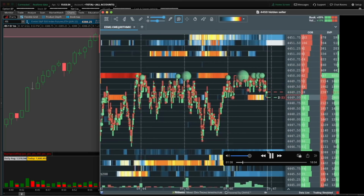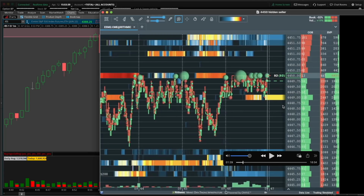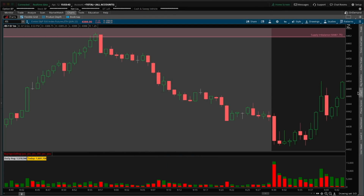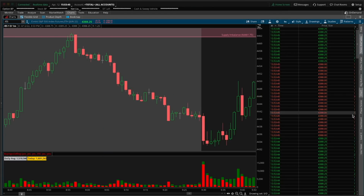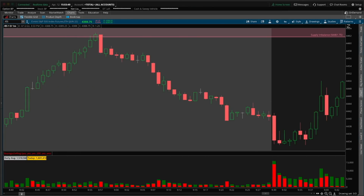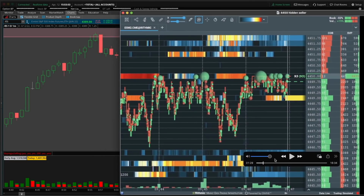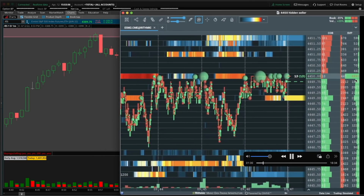This is exactly what I talk about in the tape reading section of the A to Z course. This is exactly what you want to see when you're reading the tape. Now, you don't even need Bookmap. You could look at just the normal time and sales and level 2 on any other platform. That will suffice. But I think Bookmap is good because you could visually go back and I could show you all this example. So now we're at 6,700 lots,